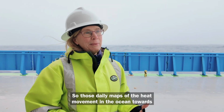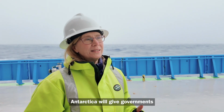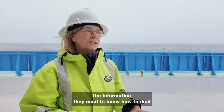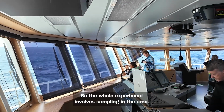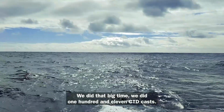So those daily maps of the heat movement in the ocean towards Antarctica will give governments the information they need to know how to deal with sea level rise and how fast they need to act. So the whole experiment involves sampling in the area. We did that big time. We did